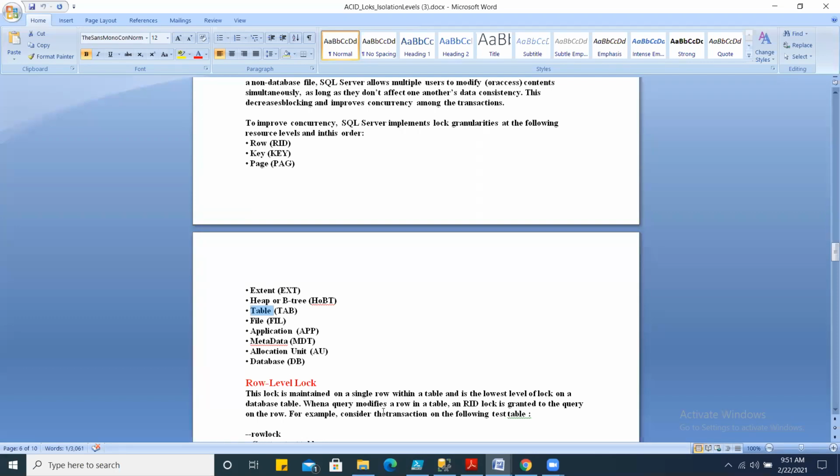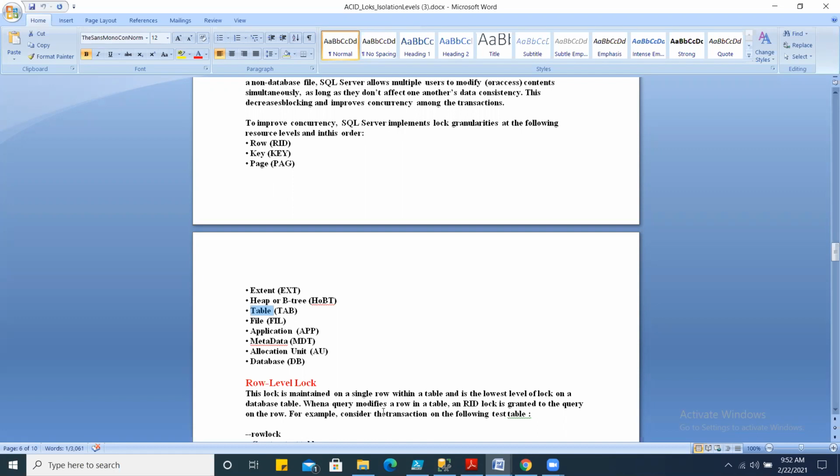So if SQL Server occupies 1,000 row level locks, it needs to provide 1,000 locks for that transaction against those 1,000 rows. Every lock is a memory object and it occupies 64 KB in memory. So it's a wastage of memory, right? And it's an overhead on the lock manager too, to maintain it. Once the operation is finished, it also has to release those locks from the 1,000 rows, right?